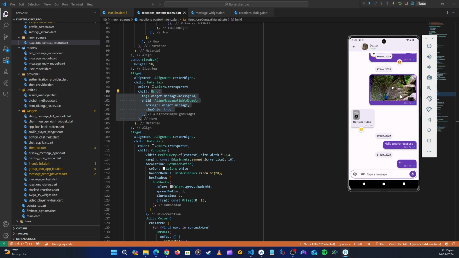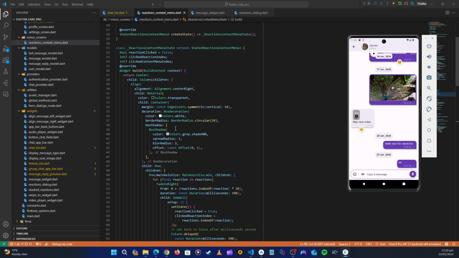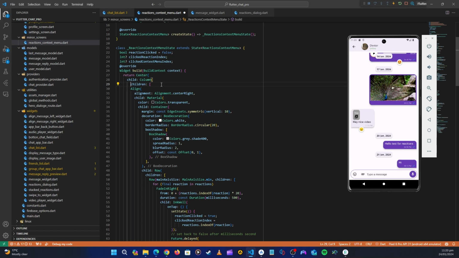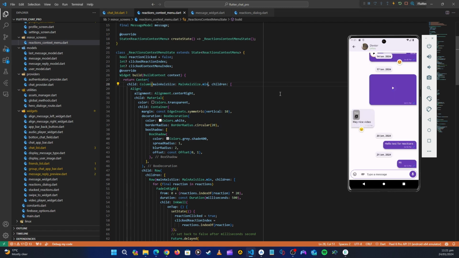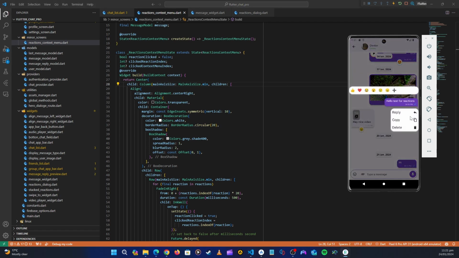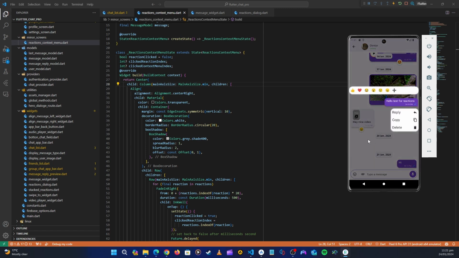So let's check what we have to do here. Let's go up. Let's see. So here is our column. Let's give this main axis size dot minimum. Let's hot reload. Now if you hold here, great, you can see now it's animating to there. This is a kind of animation that I like, so I'm gonna go with this one, but let's fix this